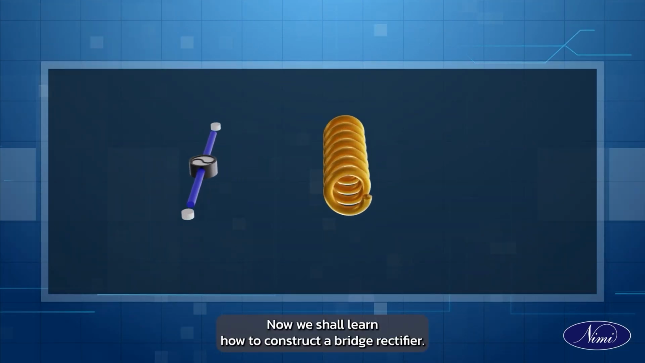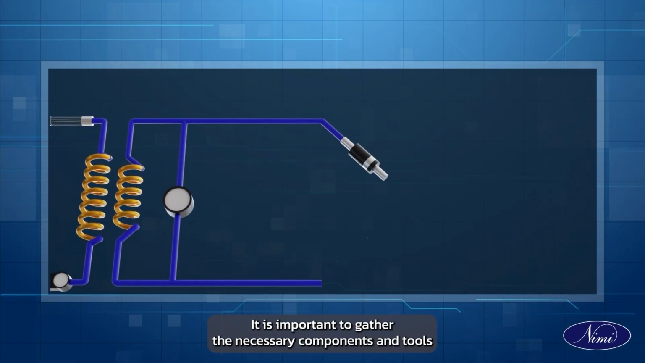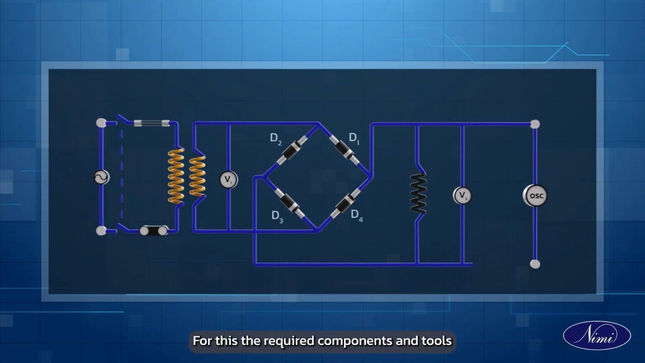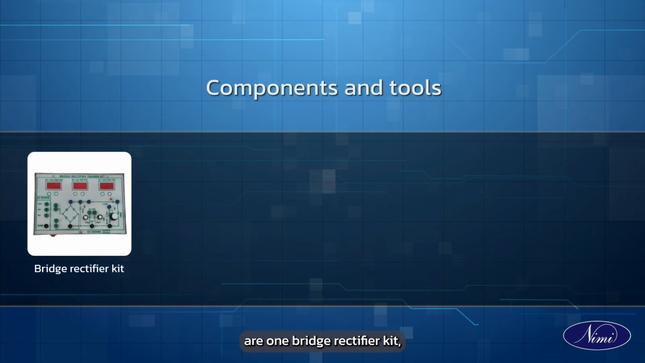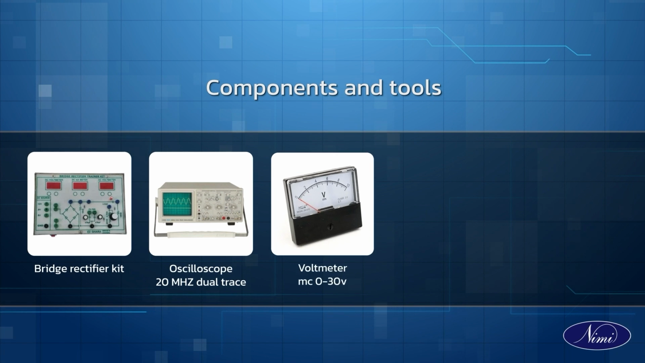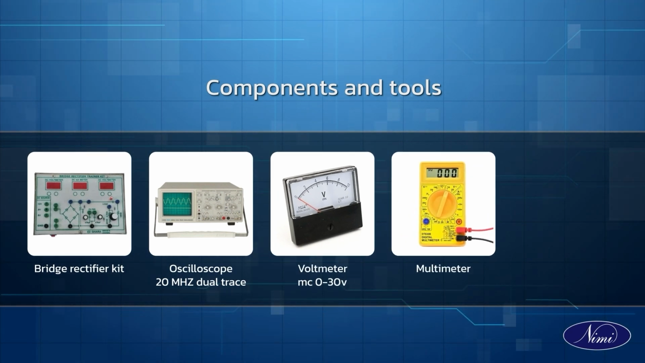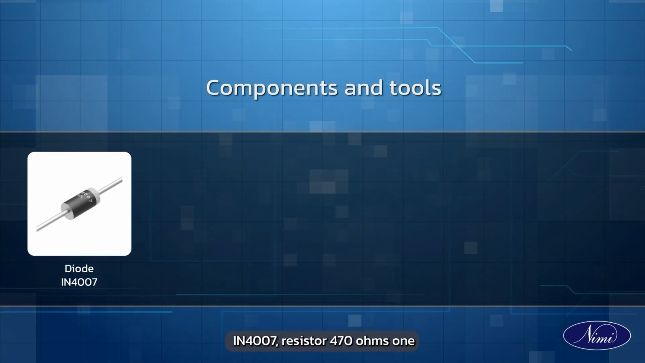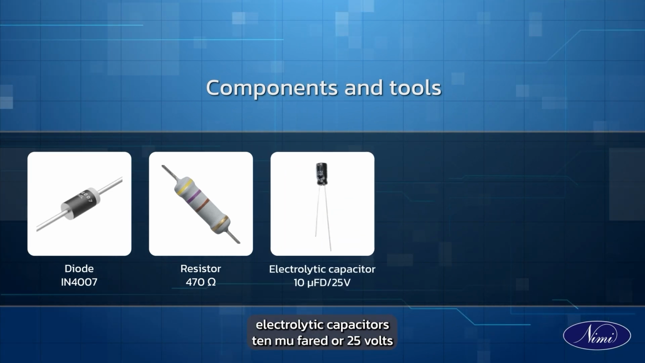Now, we shall learn how to construct a bridge rectifier. It is important to gather the necessary components and tools before beginning the construction of a bridge rectifier. For this, the required components and tools are one bridge rectifier kit, one oscilloscope 20 MHz dual trace, one voltmeter MC 0 to 30 volts, one multimeter, one function generator, 4 diodes IN 4007, one resistor 470 ohms, one electrolytic